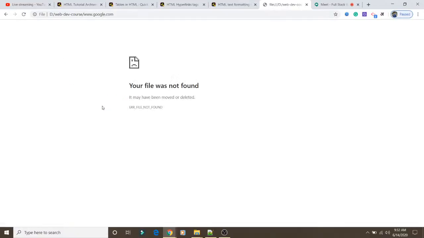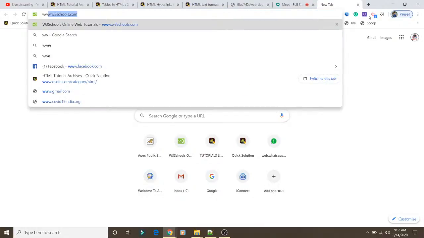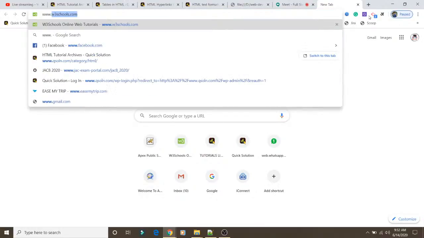Just refresh the page and you can see, if you move onto this, the cursor design is getting changed. If you click, you can see the file is not found. So we need to give the proper address.